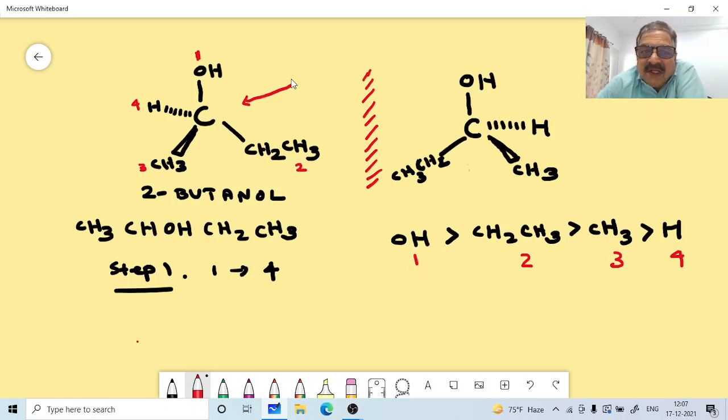Enantiomer, looking down, and all this kind of thing. Now we will see, looking from this angle, we have to look from here. The group behind the plane you don't have to bother about, since you are not seeing it. Here, this is 1, this is 3, and then this is 2. Now we are coming to step 3.